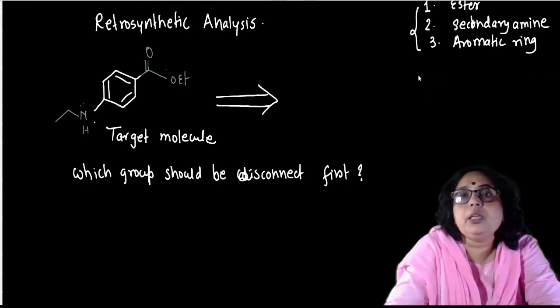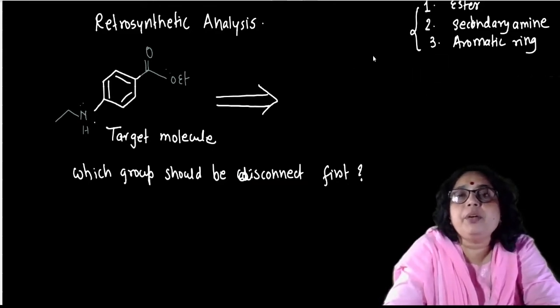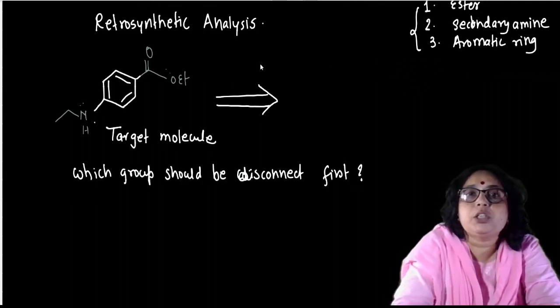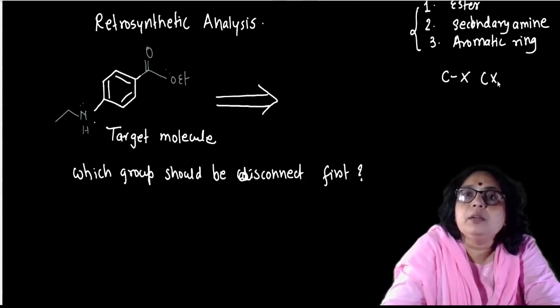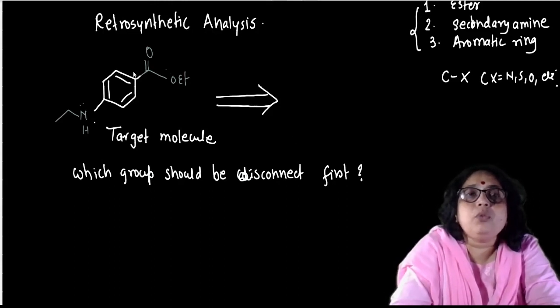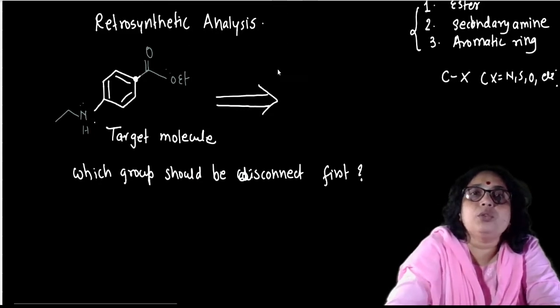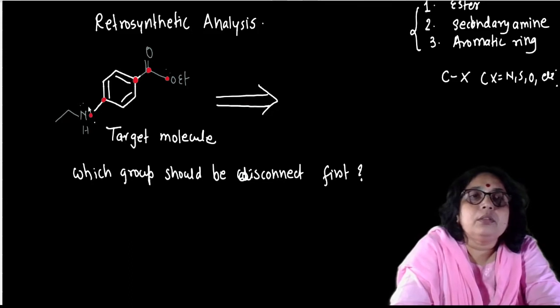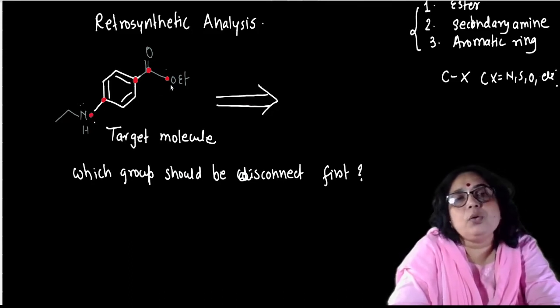Now as we know, whenever there is such a type of disconnection, always consider the CX type of disconnection. So CX, now what is X? X is nothing but nitrogen, sulfur, oxygen, etc. Now here you have two heteroatoms because look at these two centers. Now I can show you from where I can put a cut. So this is one more center. Now how many centers can you see over here?